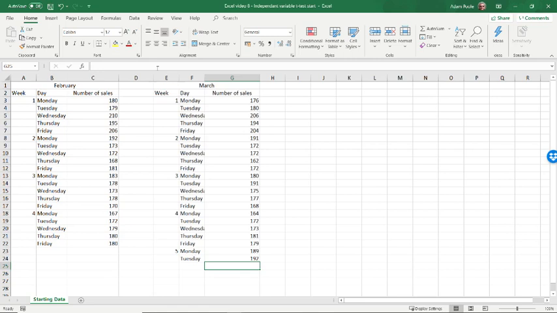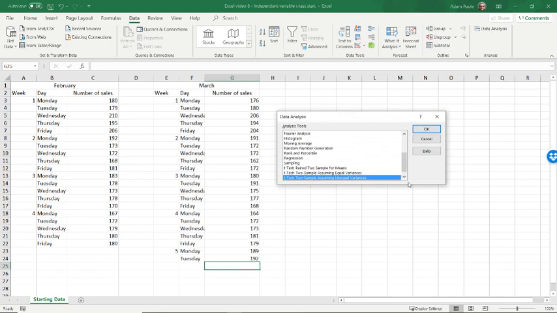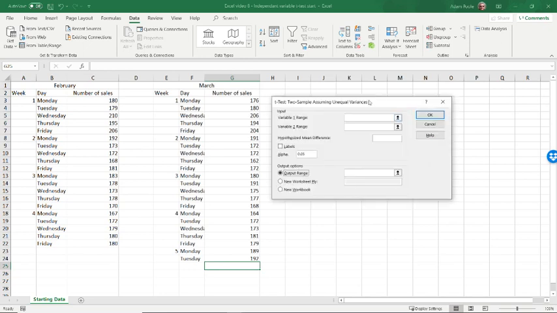What you need to do is go to the Data tab and then choose the Data Analysis option over on the far right of the menu bar. If you click on that, this brings up the Data Analysis dialog box, and mine's already on the t-test 2 sample assuming unequal variances, which is the test that we actually want, but obviously yours could be anywhere on that. So select the t-test with 2 samples assuming unequal variances,